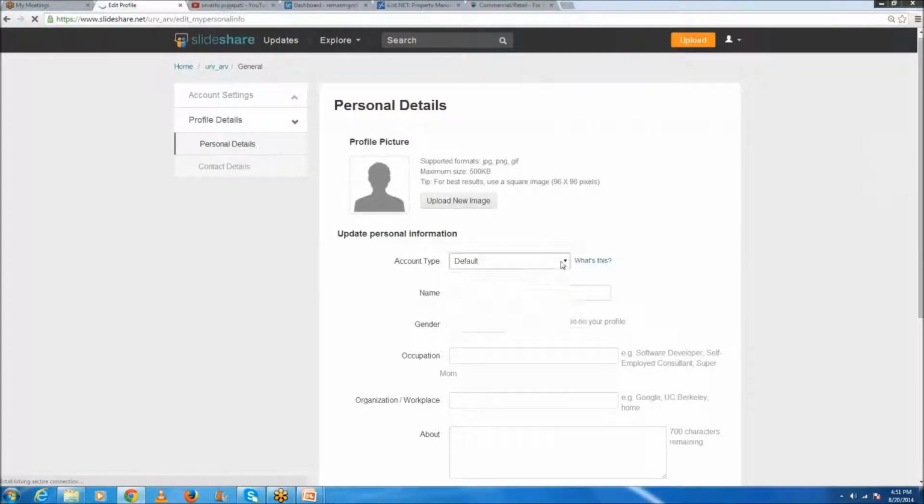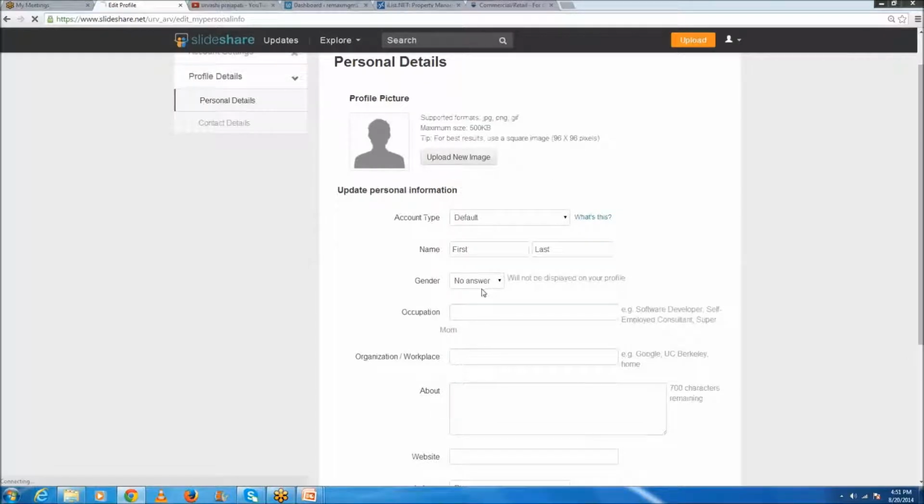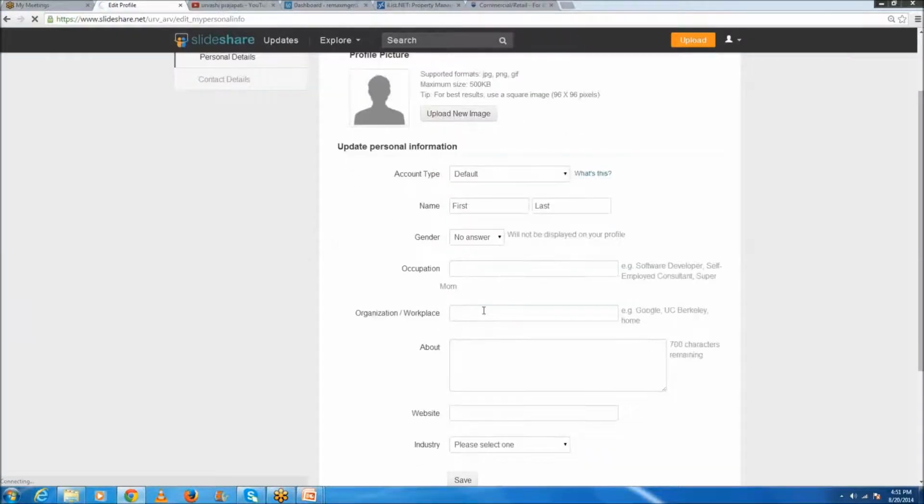Then your account type, you can keep default or anything whichever is suitable for you from here. Then your name and surname, your gender, occupation, real estate agent with Remax. About your profile, which should depict that you are into real estate, you are with Remax, you are in a professional real estate broking company, and what your primary services to your client are, whether you are dealing in primary apartment, resale, etc. So everything you want other people to know, who you are and how you can help them.